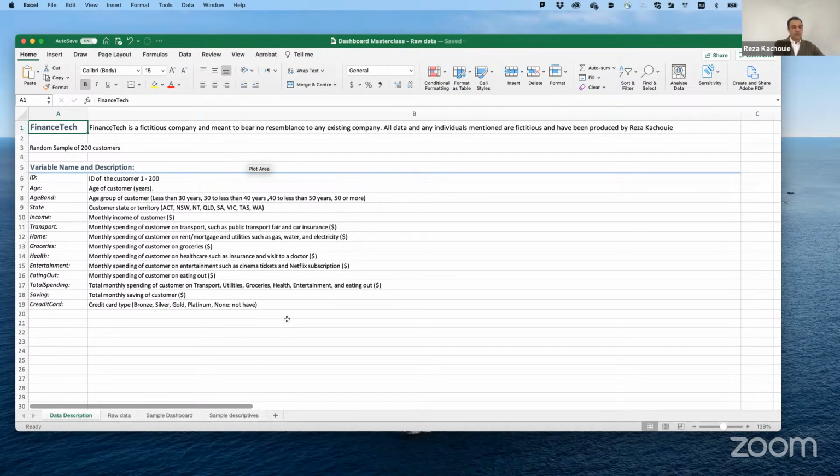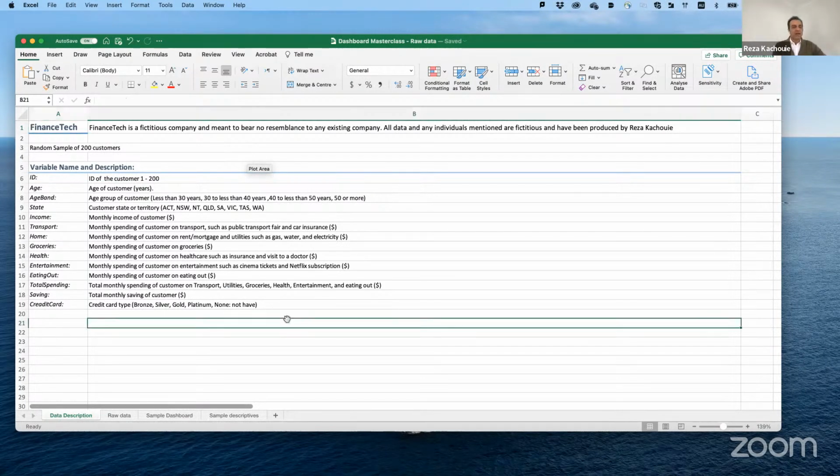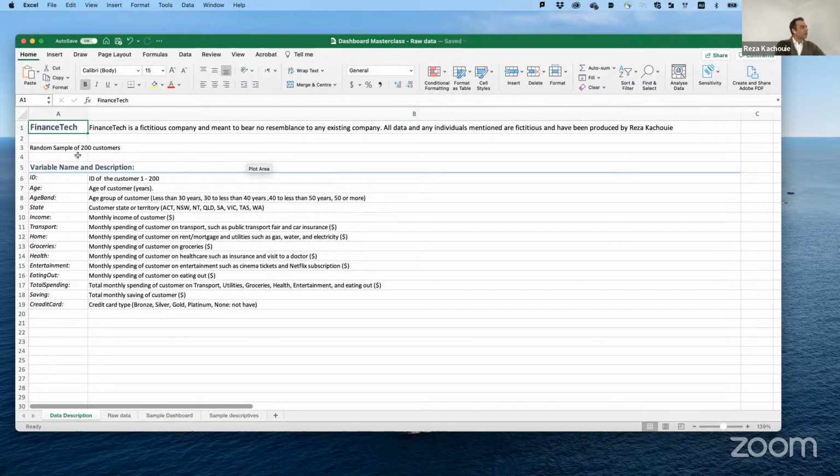So if you had the chance to look at the data set, it is a data set given to you. The name of the company is Finance Tech. Finance Tech is a fictitious company. I created the data and data set and everything about it. Before we go into creating the dashboard, we need to know what's going on within the data.